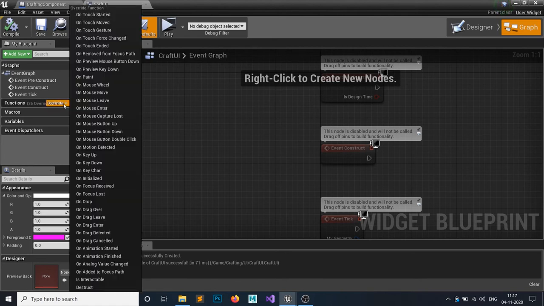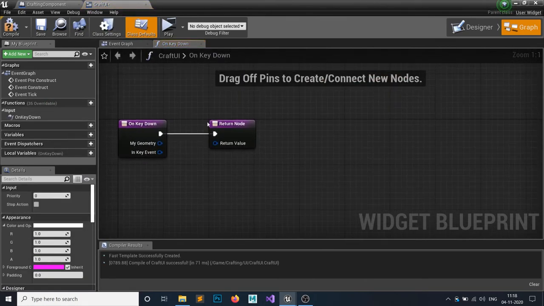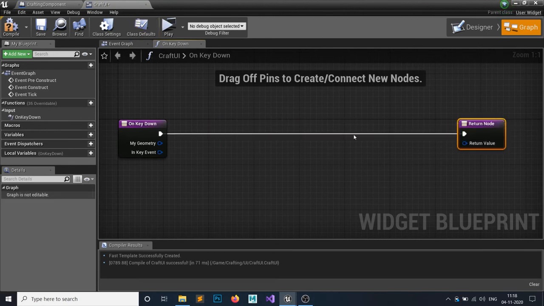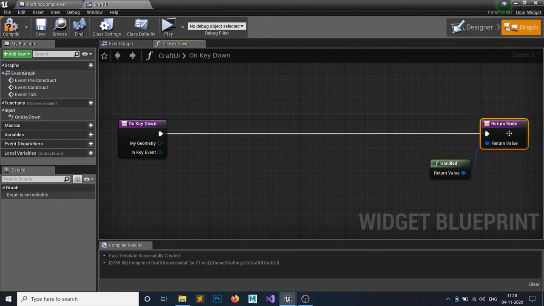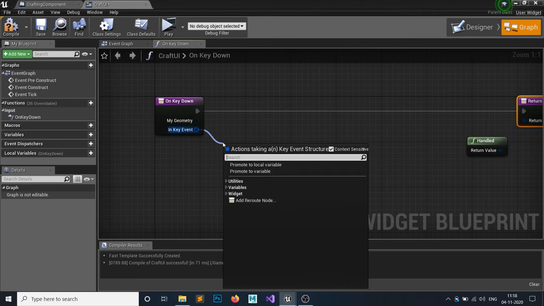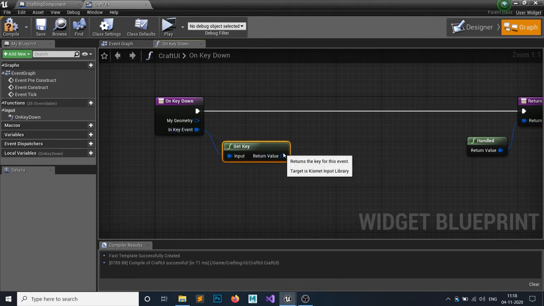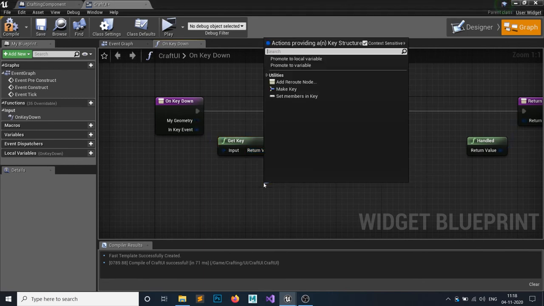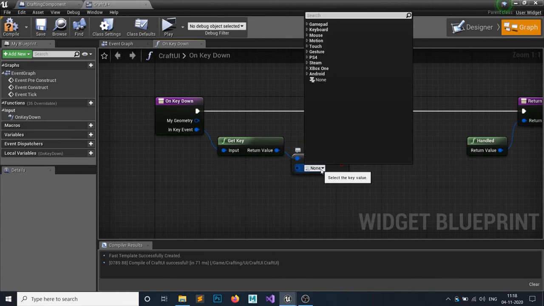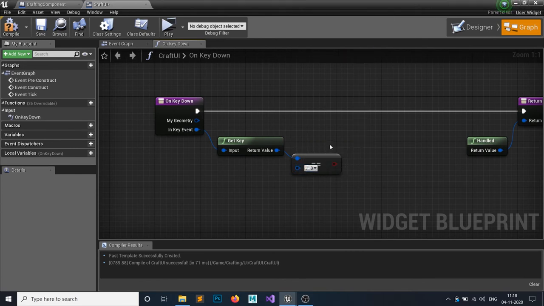So for that I'm gonna override this function. So go back to override, and on the key down event. As you can see on the key down, first things first, make sure it is handled, otherwise it gives us a warning. So if we get the key, if our key is equal to the 3 button, then we want to toggle the inventory. Nope, this is not key, it's 3 button. Then I want to toggle the inventory to false, so it will toggle it back to the game.